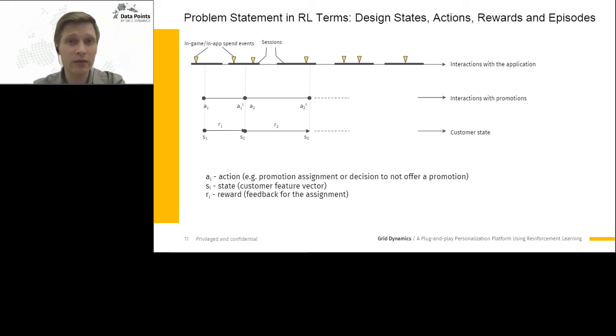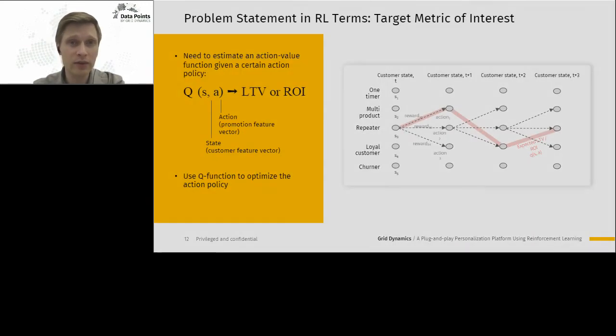Then we can form the next state, gathering the customer features, and take the next action. And the sequence of the assignments will form a customer trajectory or the episode. The interaction between the user and the system may be infinite in theory, so we can either define a continuing task and use discount factors for rewards, or we can artificially limit the episode to a particular length and form several episodes for the same customer. For example, we could form an episode with states from S1 to ST and a separate episode with states from ST to ST+1.